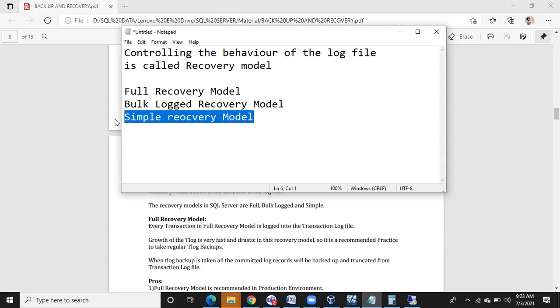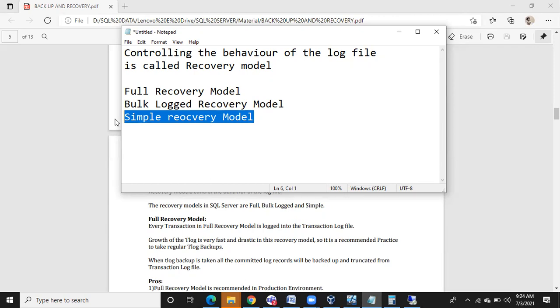By default, a database will be in the full recovery model once you create it. That means, knowingly or unknowingly, it will track all 108 attributes of each transaction. This is the actual behavior, but you can control it. You can say, don't track all 108 attributes, track only this many attributes, or don't track any attributes, or truncate from your side.